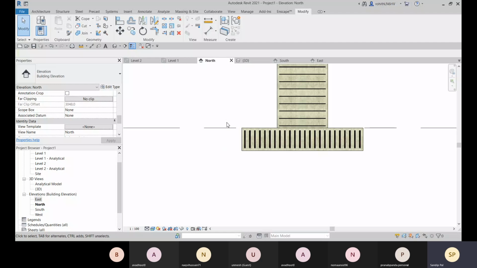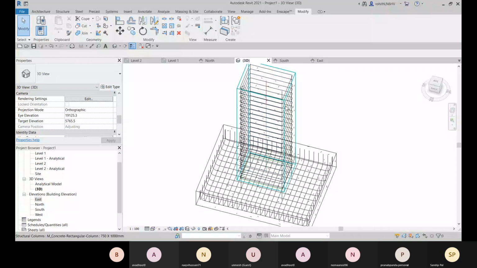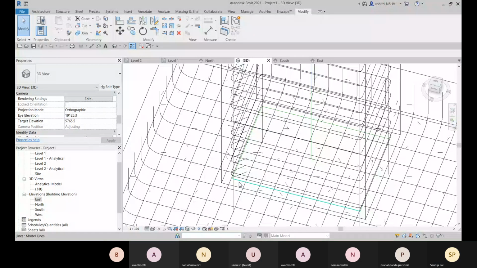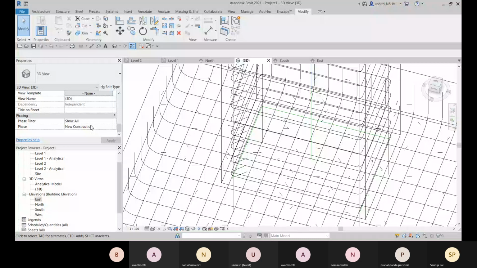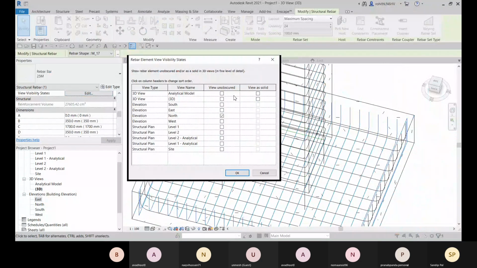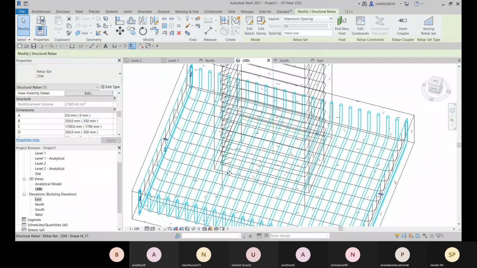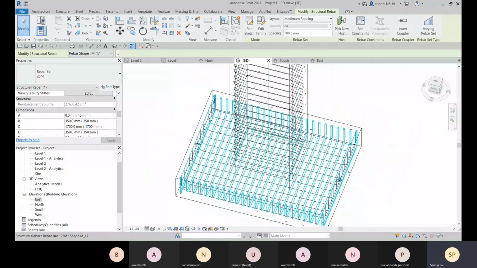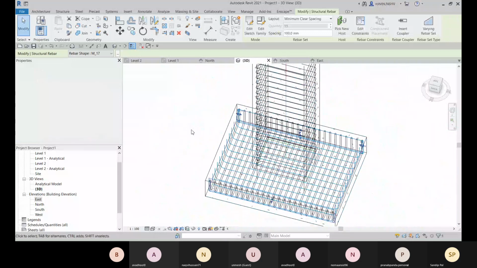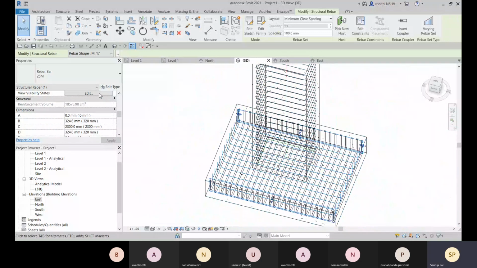Okay, just a second. Go to that, view as solid, select it.